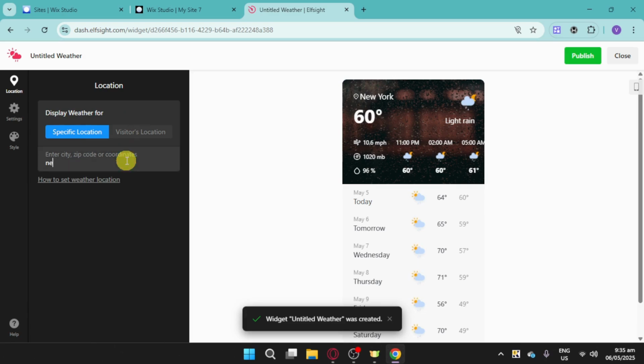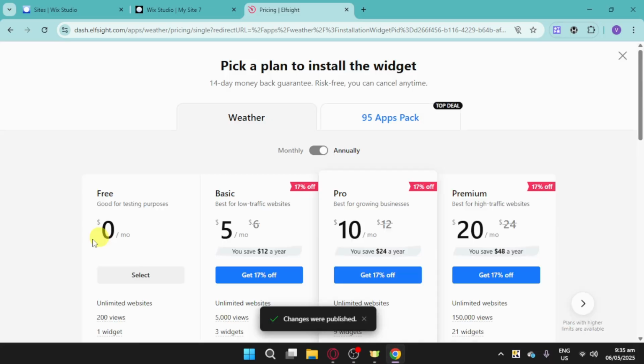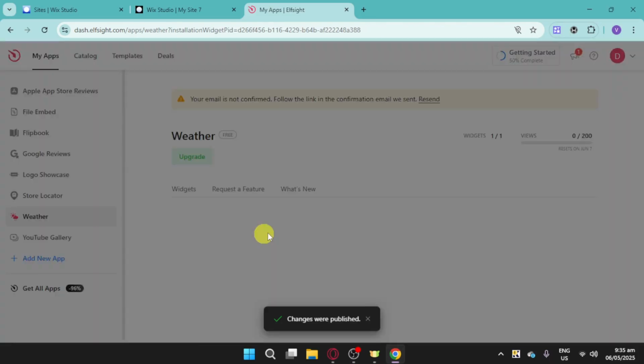For example, input right here New York, and then from in there, it should be added right there. Click onto this publish option, click onto the plan that you have, and then from in there, just copy the